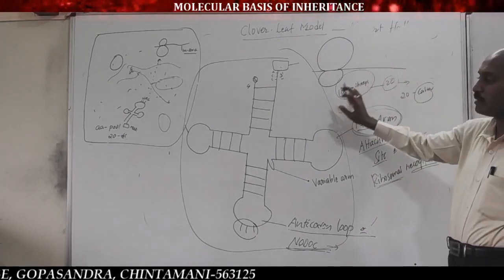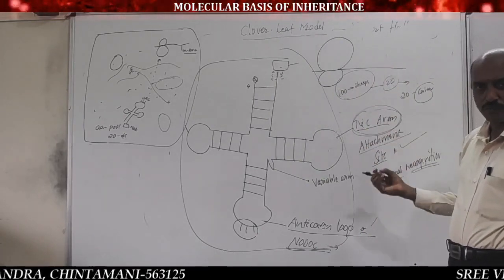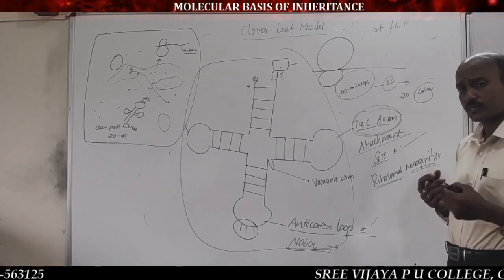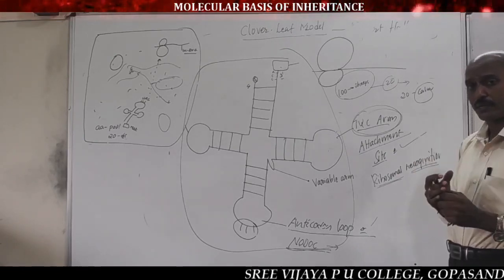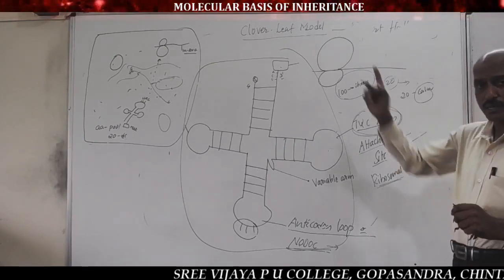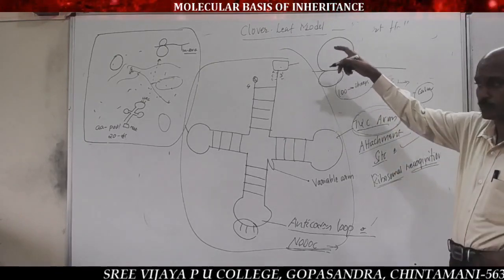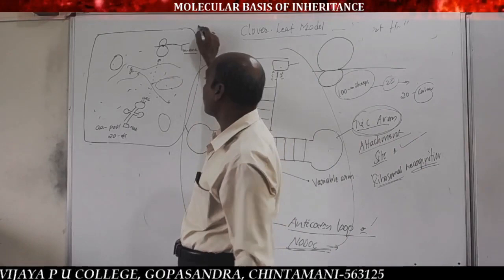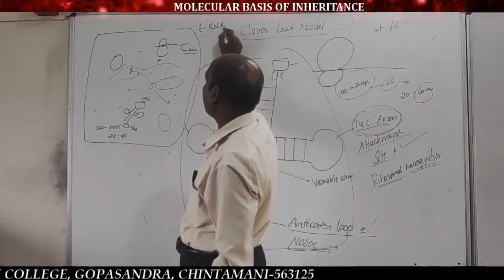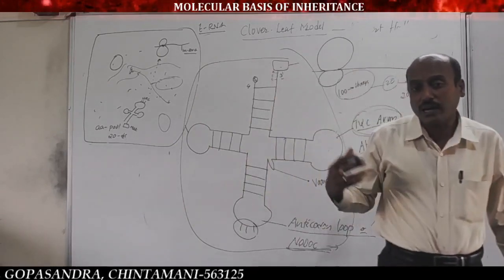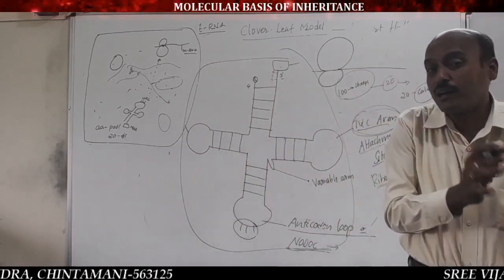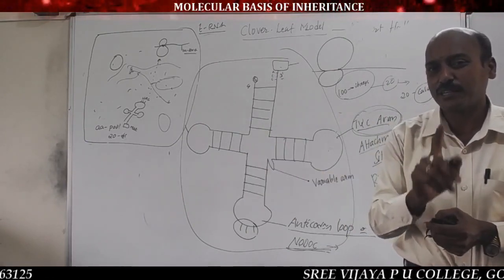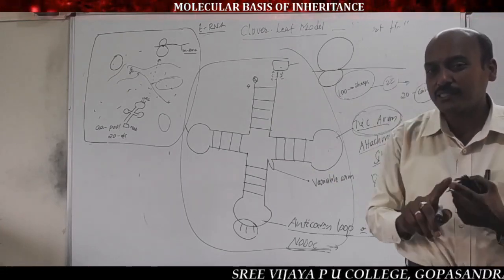Now, the function of tRNA, I already told you: it carries a specific amino acid from the amino acid pool in the cytoplasm to the ribosomes for protein synthesis, for formation of a polypeptide chain. That's why it is commonly called transfer RNA, because it carries a specific amino acid. Never are all amino acids carried by a single tRNA. You must remember this statement: a specific tRNA carries a specific amino acid.